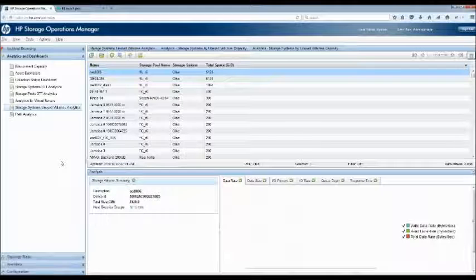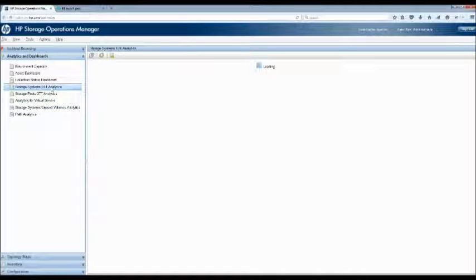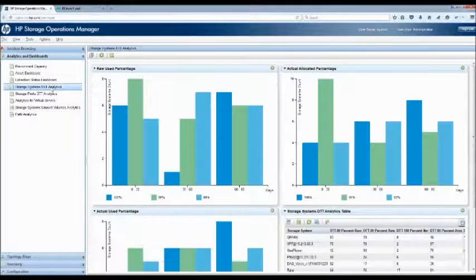So we can see that the allocations are improving, because we are allocating all that storage to more and more servers, right? And we provide that forecast within the product in terms of days to threshold analytics. We track the raw usage percentages and also the thin provisioning numbers, the actual allocated and actual use percentages,